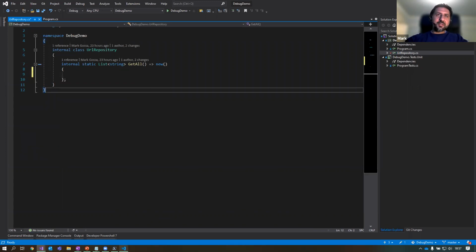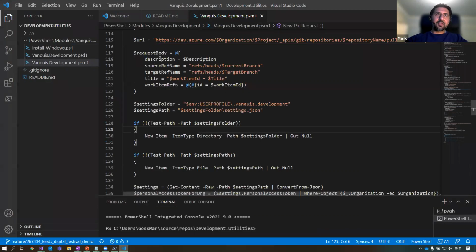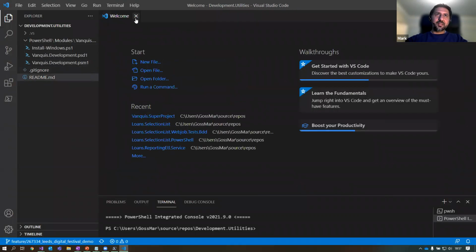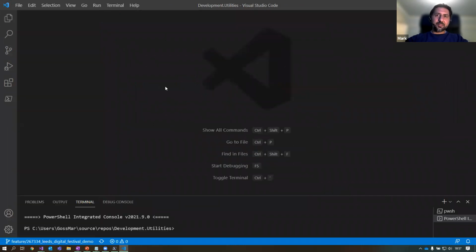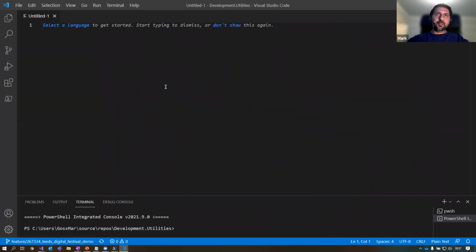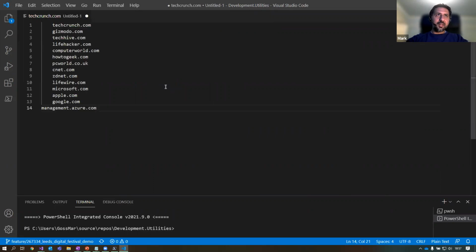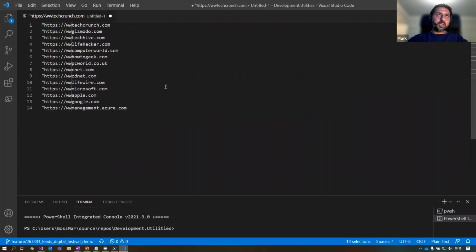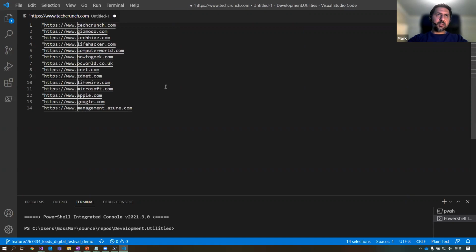Actually, if you've got VS Code installed, unfortunately VS Code has got better multiple cursor support. So I'm just going to open up a new file and paste this in. If I select all and then press Shift Tab, I get it all in line. Then it's the same shortcut, Shift, Alt, and up or down. And then here I can just type in HTTPS://www. Just 3 W's. And if I hit End, it goes to the end of all of the lines.